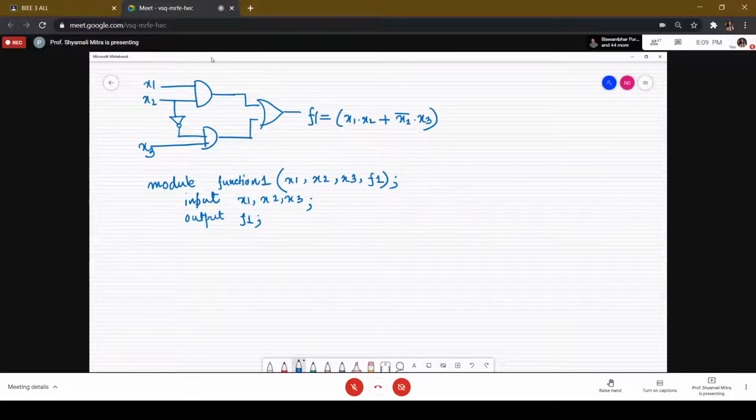Now the actual structure of the circuit is specified in the next four statements. So the first one is, let us try to define the intermediate functions like this. Say this is G and this is H, because you have to store these variables somewhere, because you have a third gate which is connected to these gates.